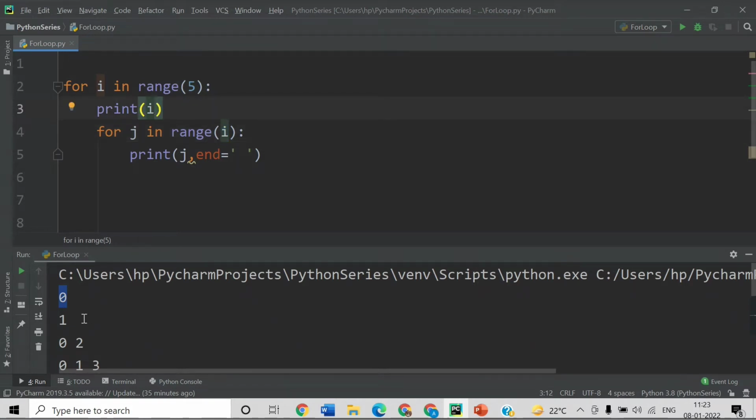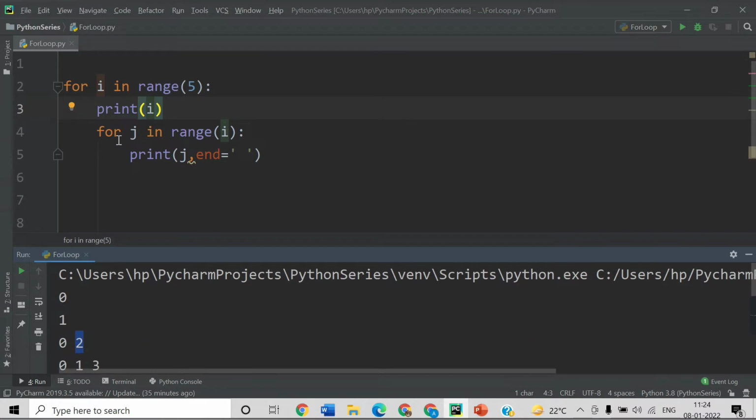So I will be 1, so we are getting here 1. After that for j in range 1, so value of j will be 0. So here we will get 0, so we are getting here 0. After that it will again go in the outer loop, and outer loop value will be now 2. So it will print here 2, for I equal to 2.